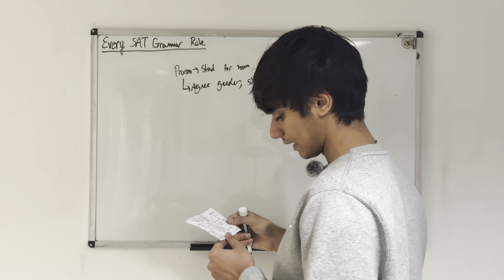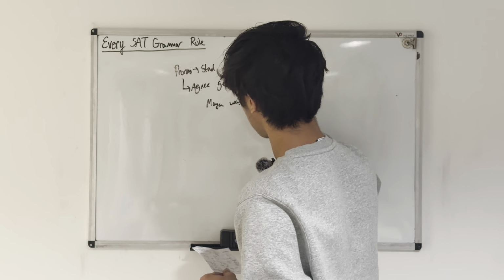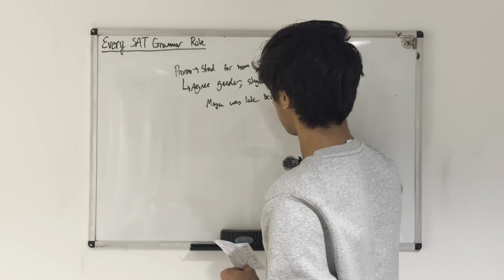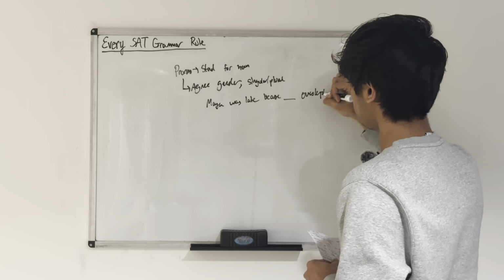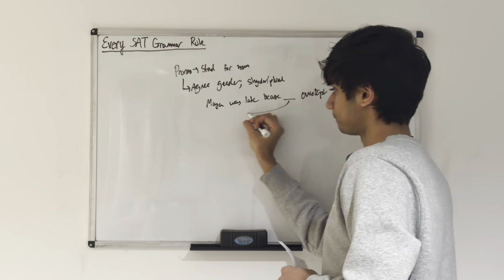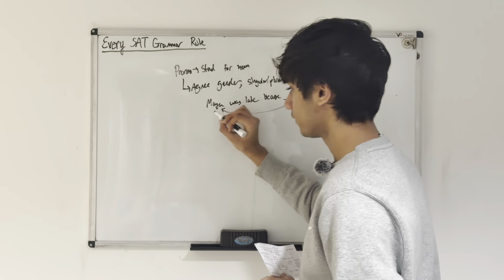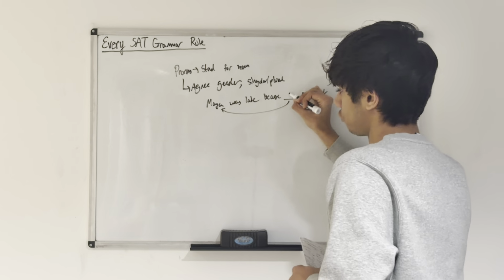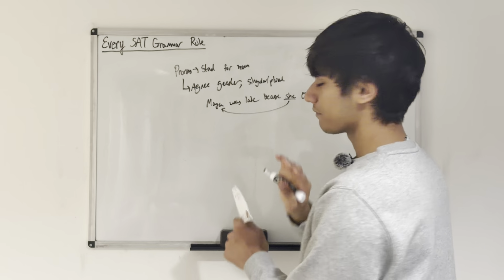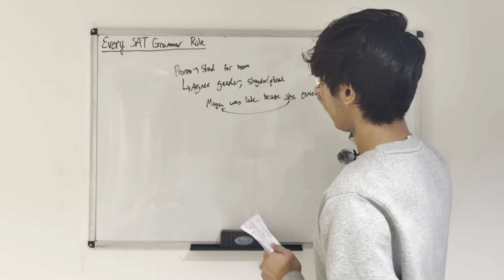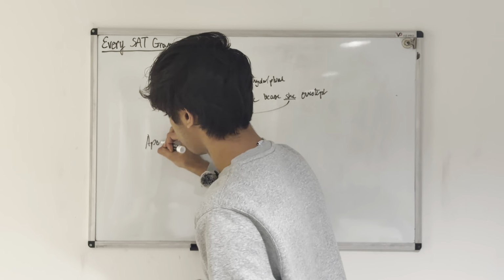So for example, let's say that we have the sentence "Maya was late because" and then we have some kind of pronoun "overslept." So here, we match this pronoun to the subject that's being talked about, which is Maya. Maya is singular, she's a girl, so it'd be "she." And that's basically the idea for pronouns. And one more thing is pronouns never have an apostrophe. So speaking of apostrophes, they show possession